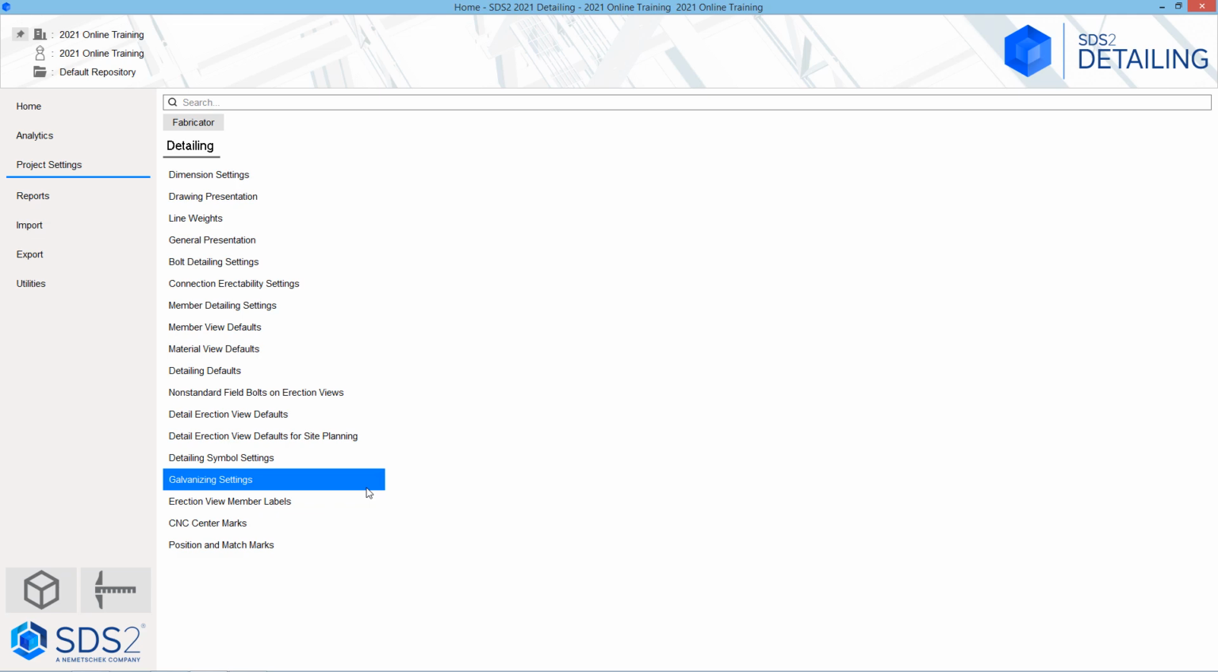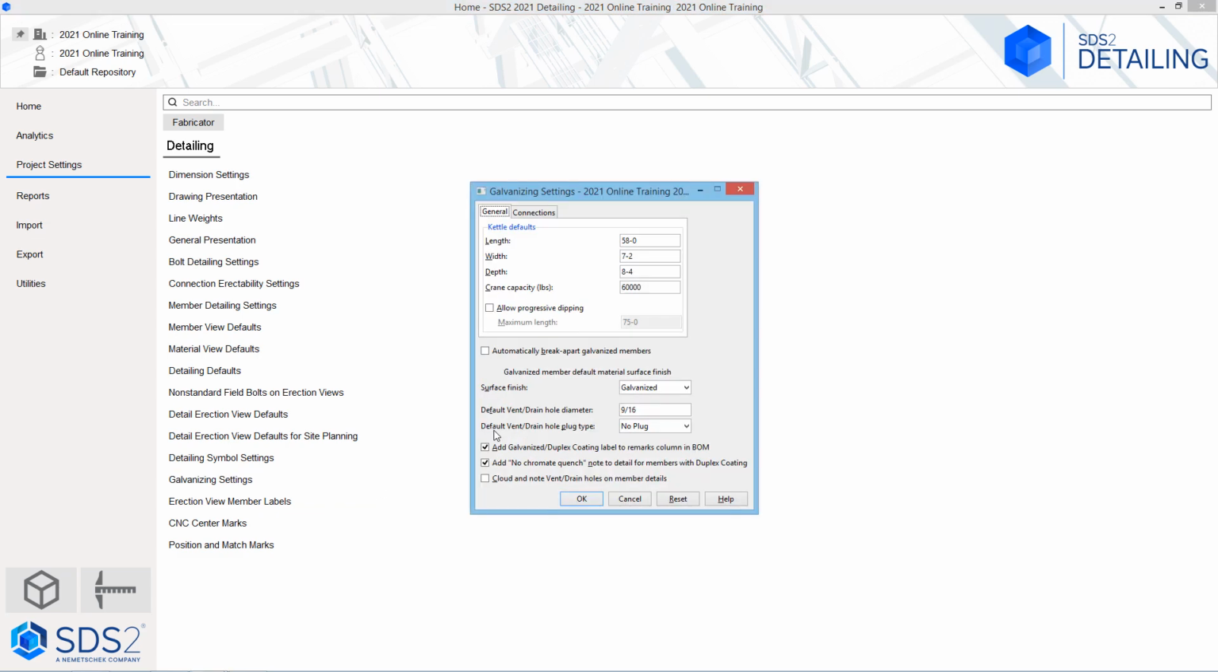Next we have our galvanizing settings. We can specify our galvanizing options for the general, so like our kettle defaults. Do we want to break apart galvanized members? What is our default surface finish? What is our default vent and drain hole diameter? What is our default vent and drain hole plug type? Do we want